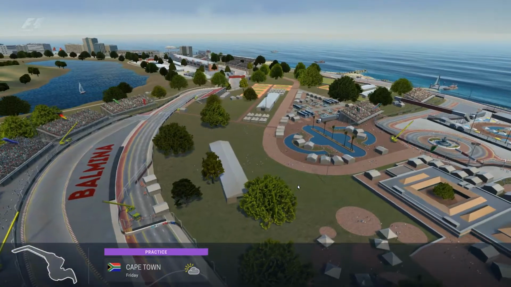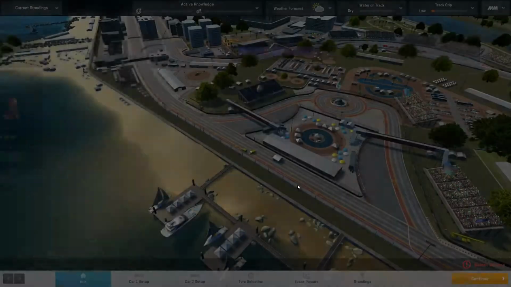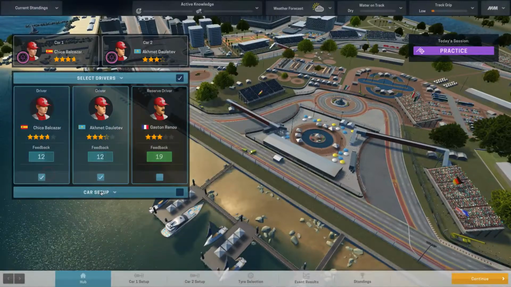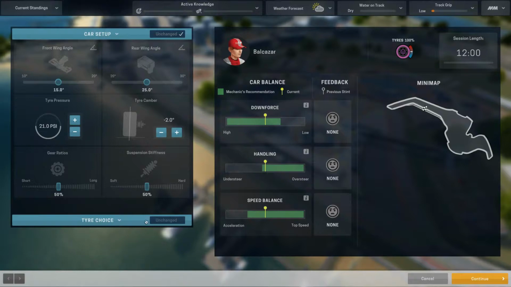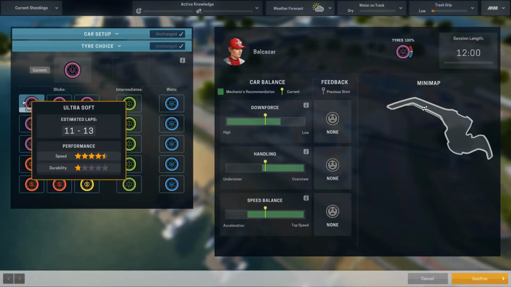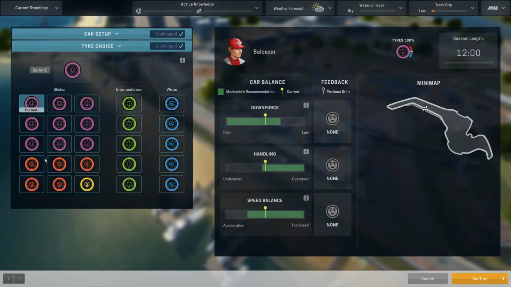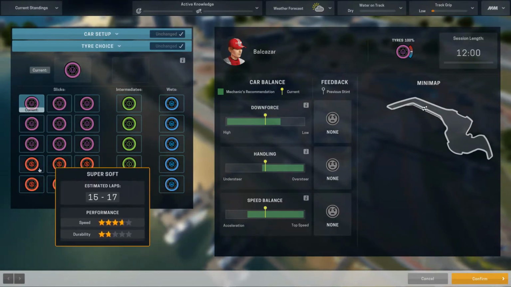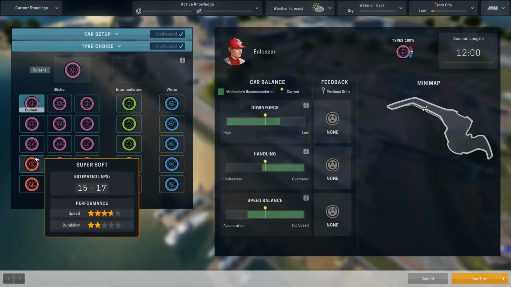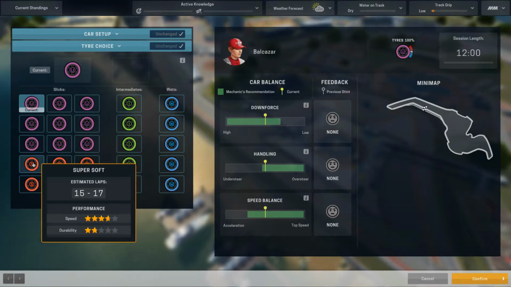So, practice time. And obviously, as I said, we're going to be focusing on the ultra soft tyre as much as we can here. And I'm going to hope that it can do a reasonable number of laps. This is kind of what we're going to just check out now. It said 42 laps, I think. So, okay, 11's not bad. 11's workable. 15, 20. So, okay, there might be some benefit to running a super soft at some stage, but I'm thinking if this is 42 laps, then